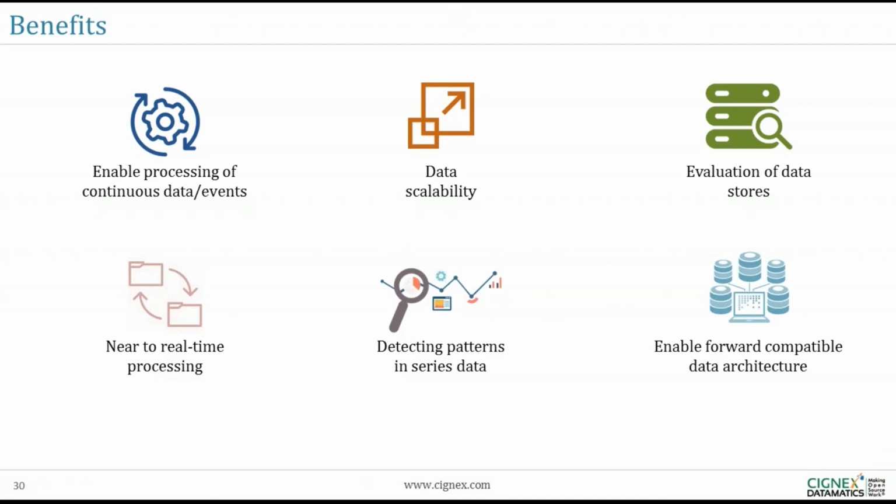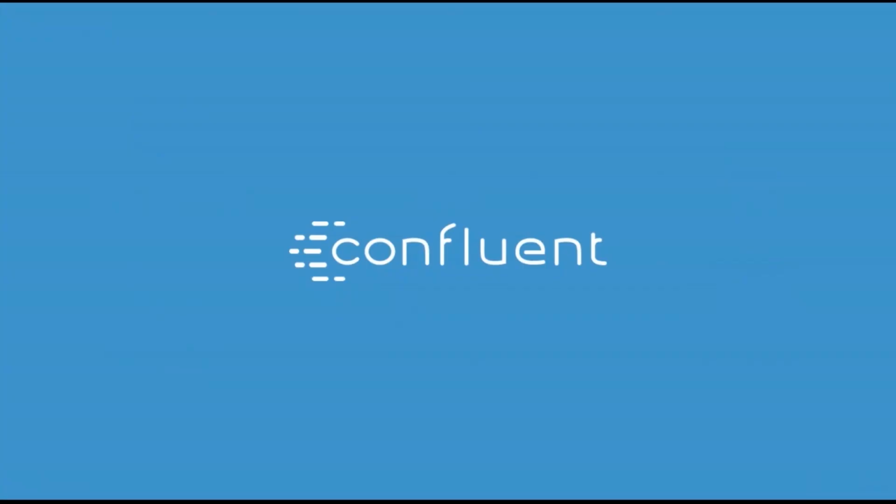And the last benefit that we can get is enabling a compatible data architecture. On the right side of the architecture diagram that we saw, those applications can be changed anytime. You can keep adding new applications which are interested in your data, and then you can process them. So this is, in general, the overall benefits that you can get from the real-time architecture we saw on the previous slide. All right, so I would like to hand over to Todd.